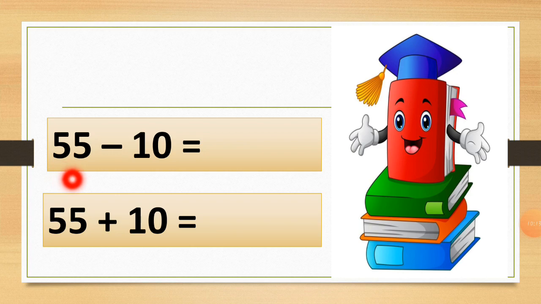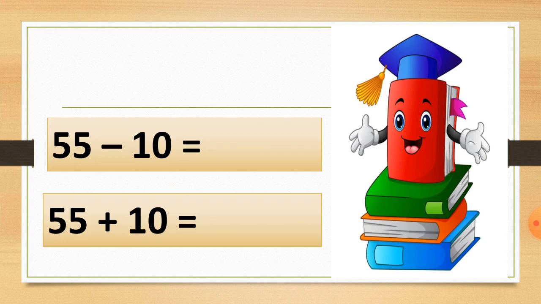Here, students, we just take this example only: 55 minus 10. I did not change the example, the numbers are as they are. Here you can see the number 10 and here the number 55. If you look at the ones and tens values, the ones value here is 0 and here the ones value is 5. We are not changing the ones value. Here the ones place is 0, so there will be no change in the ones value, but the change will come in the tens place, the tens value. How will it happen?